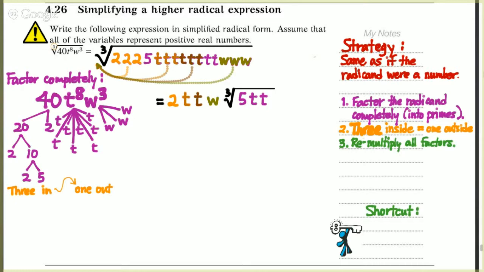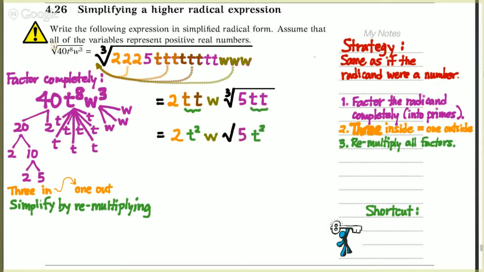There we go. So that's a cube root. Okay, great. So now we did all the hard part, the simplify part. Now we just have to remultiply everything back together and write it in a slightly simpler fashion. And really that just means taking the t times t's that we see here and just rewriting them in the slightly easier on the eyes version, t squared. So our final answer here is going to be 2t squared times w times the, again, cube root of 5t